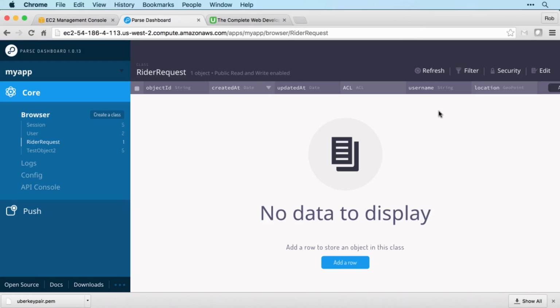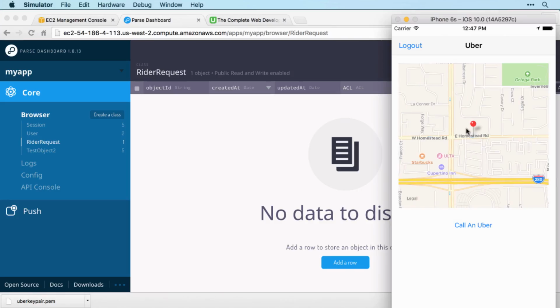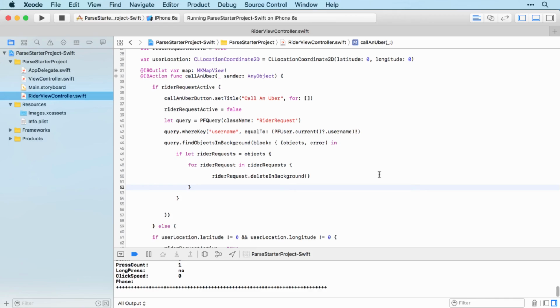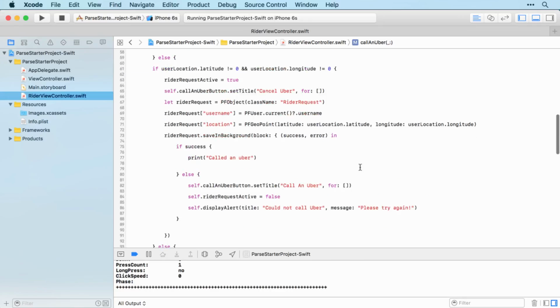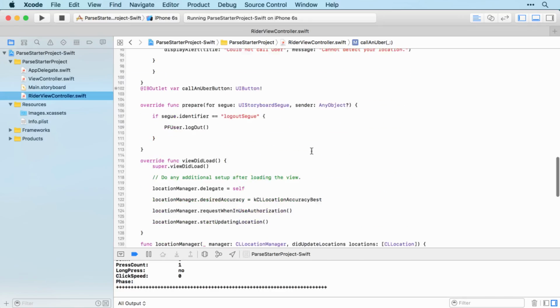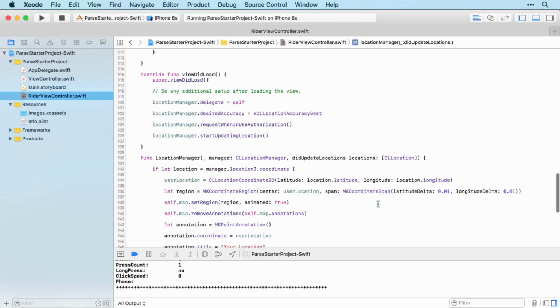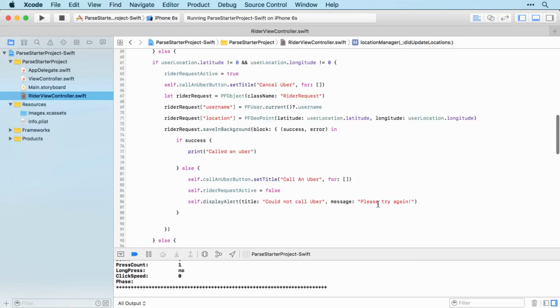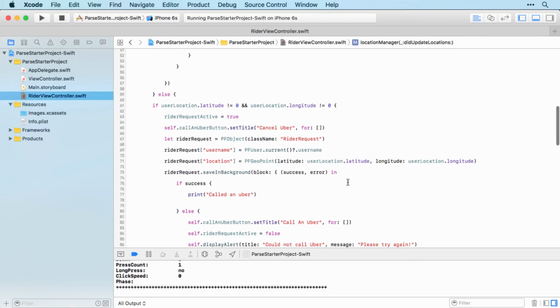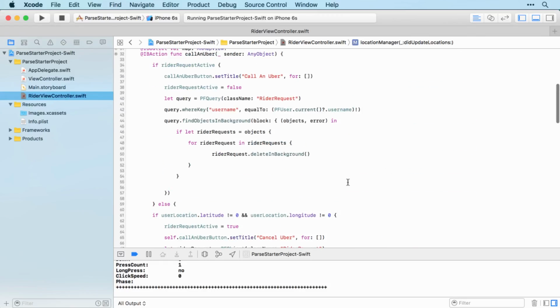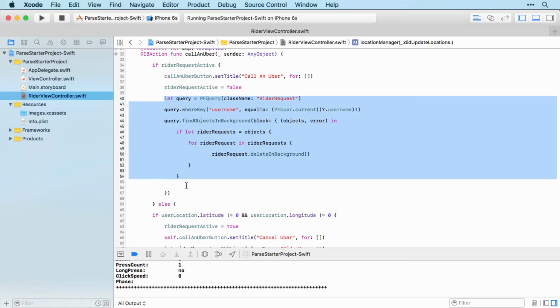So I don't want the location staying as the initial location when they call the Uber. If they're moving, we need to keep up with them. So that's fairly easy to do. When we're getting the user's location here, all we need to do is update the user's location on Parse. So we can do that in the same way that we cancelled the request. So I'm just going to copy the code